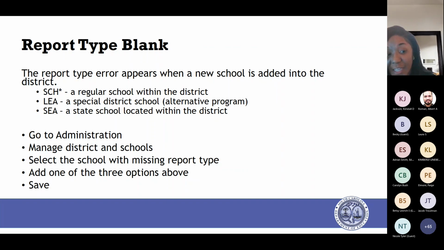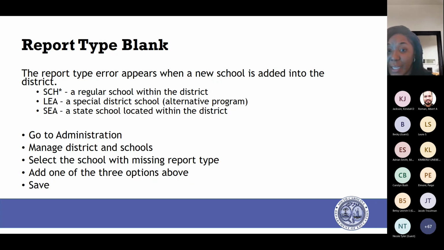However, for indicator 7, Frontline needed some additional information from our office in order to correct the report. So that should not prevent you from submitting your report. What it means is that the indicator 7 report will look similar to last year's. You'll see some of the issues that you saw last year. And by the time we get to the April data quality check, that information should be corrected. So once again, these are the steps to resolve the error for the report blank.